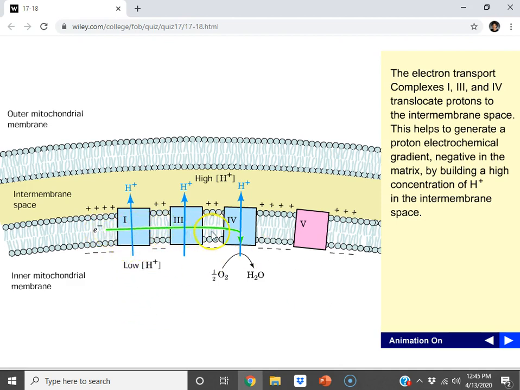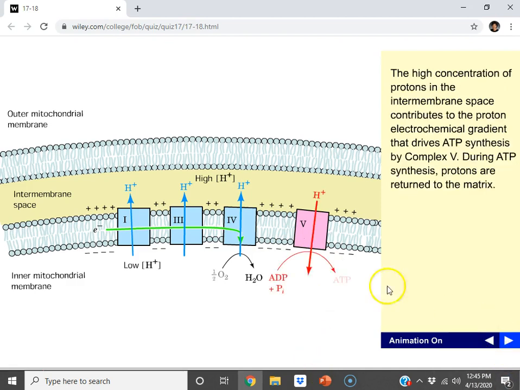But here this green arrow shows the electrons and protons being passed down the electron transport chain to the final electron acceptor, oxygen, to form water. And in so doing, 4, 4, and 2 protons are pumped through complexes 1, 3, and 4 respectively. And again, now we have a buildup of protons, positive charge in the inner membrane space, and a deficit in the matrix. So what happens then is these protons are directed into this